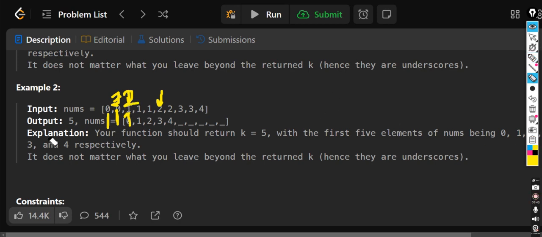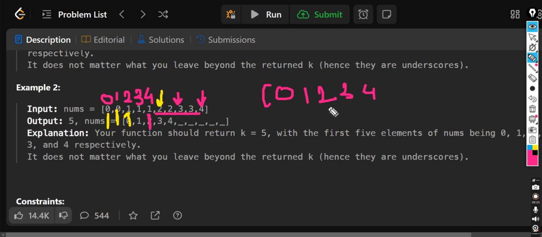So I'll just make it clean now. Okay, the index I wrote here was 0. Here was 0, here we have got 1, and here we have got 2, and we will search until a new element comes. Now we have incremented i. Now here we got the 3, and j is searching till the new element. Now j got the new element, we will increment it and make it 4. So what we will return? 0, 1, 2, 3, 4, with all the rest of these 5 spaces blank.